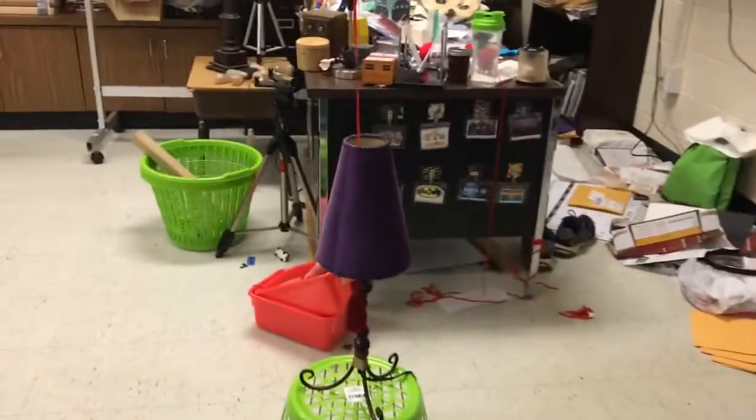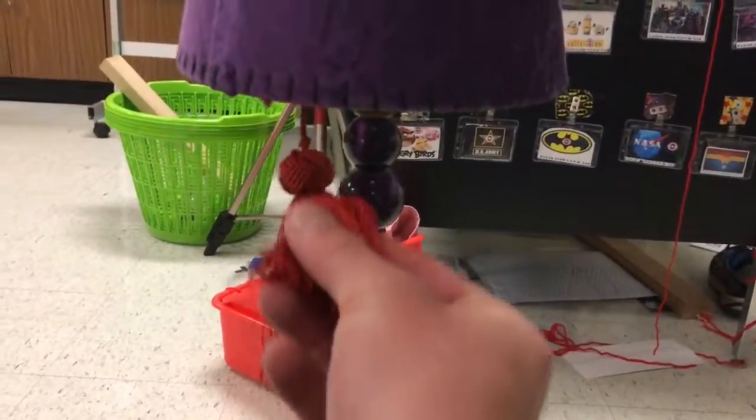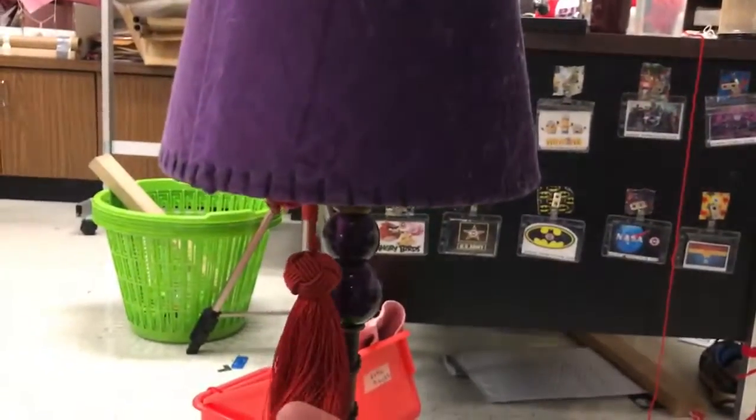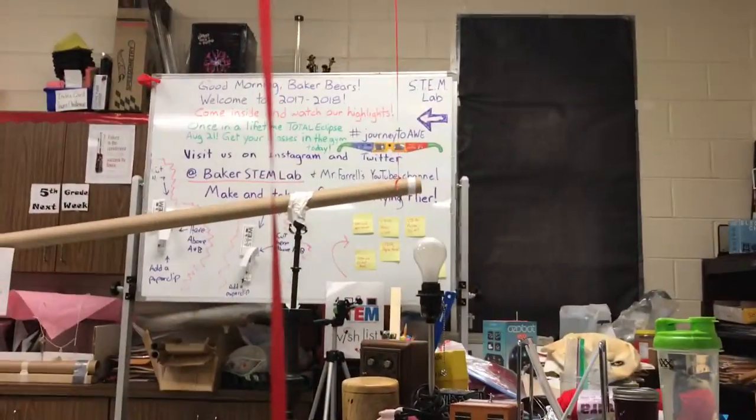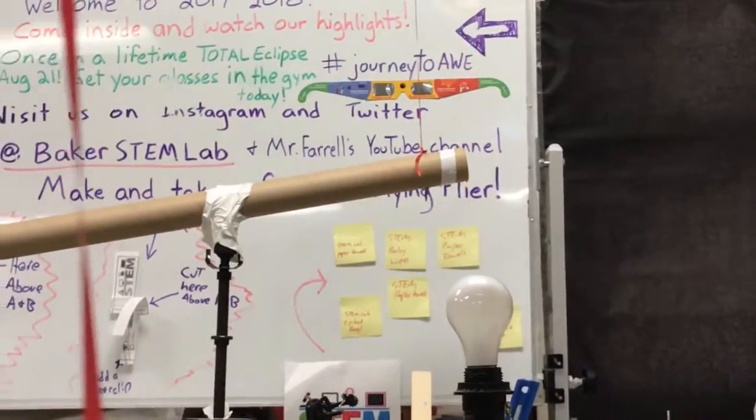So, our Rube Goldberg device, lesson 2, begins with a lamp. And one lucky person gets to pull down this lamp to turn off the light. And that is connected over there. So we're gonna zoom in and watch that nail get lifted. There's a golf ball, which will then come down the tube. And boom, knock over the very first one. And then that will set a chain reaction